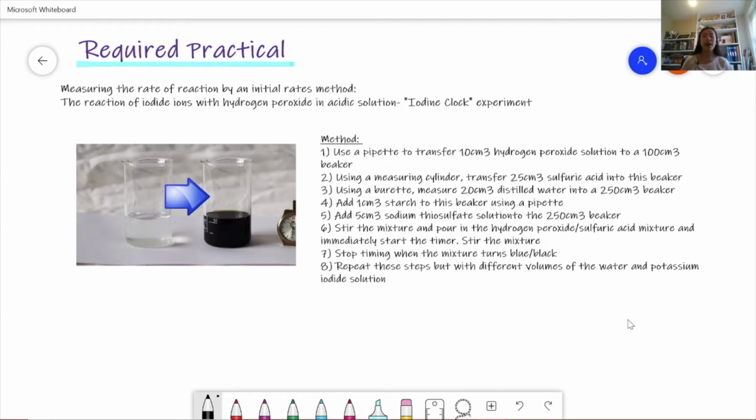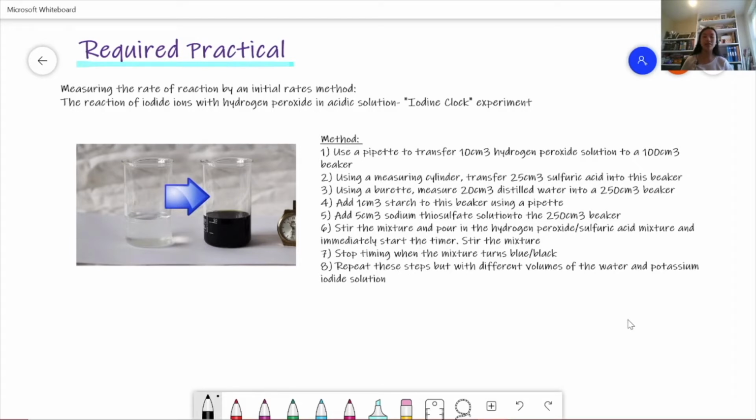So first you use a pipette to transfer 10 centimeters cubed of hydrogen peroxide solution to a beaker. And then you use a measuring cylinder to transfer 25 centimeters cubed of sulfuric acid into the same beaker. And then using a burette, we measure 20 centimeters cubed of distilled water into a bigger beaker, so 250 centimeters cubed. And then we add 1 centimeter cubed of starch to this beaker,